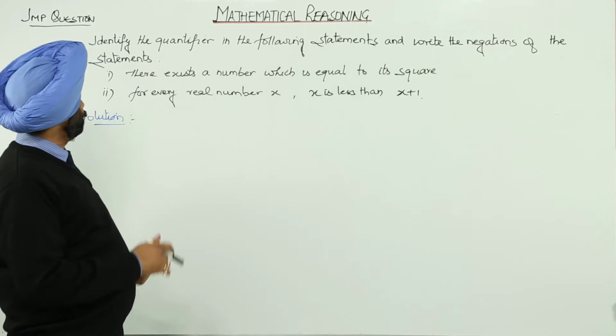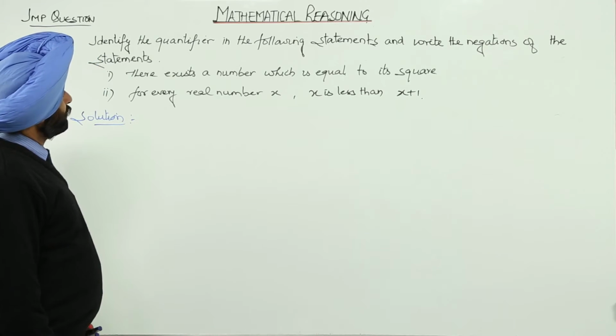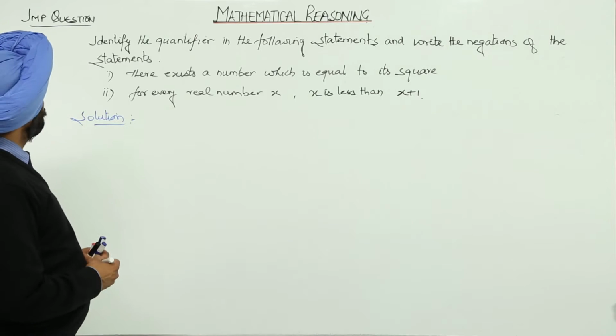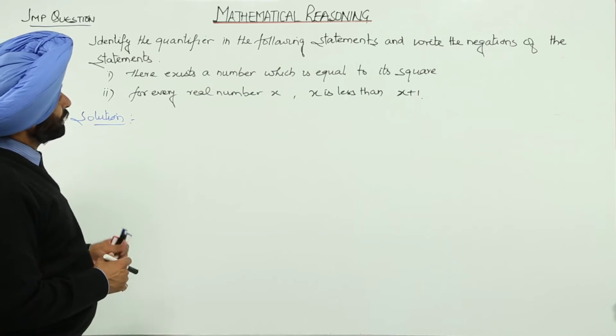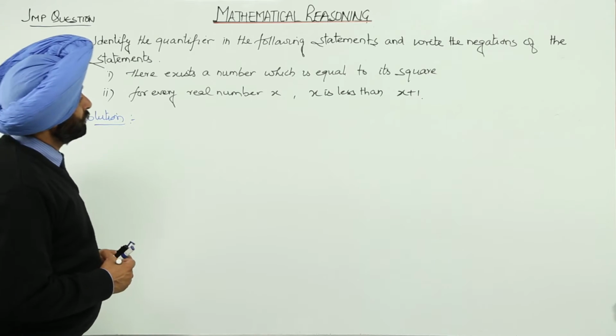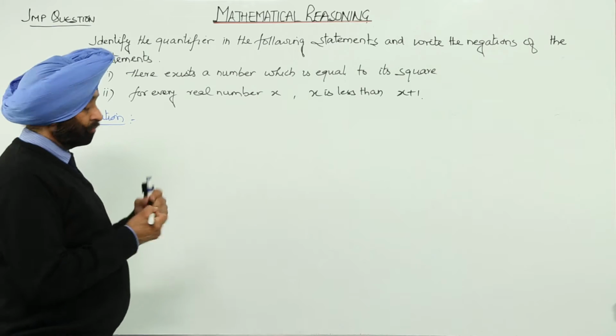Now the question is, identify the quantifier in the following statements and write the negation of the statements. Now number 1, there exists a number which is equal to its square, and second is for every real number x, x is less than x plus 1. Now number 1,